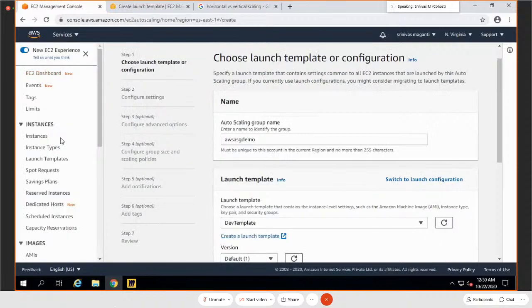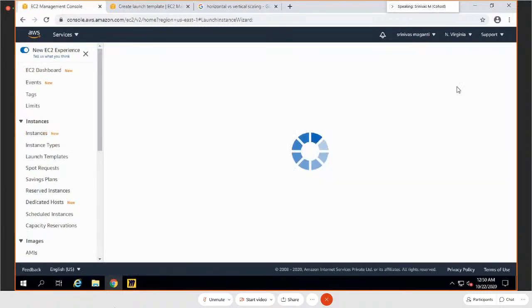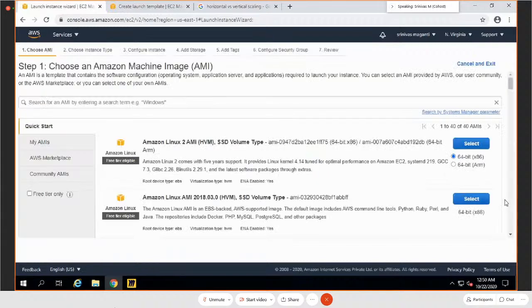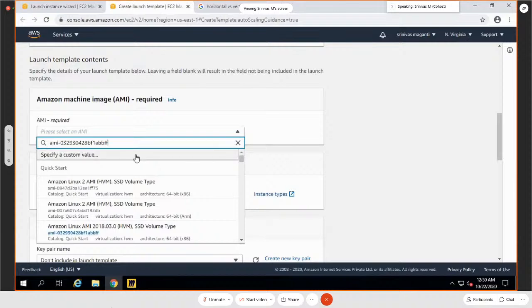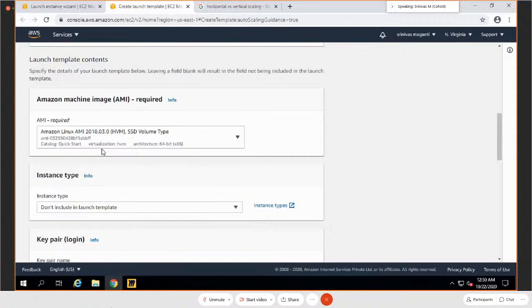Let's go to instances. Ideally, we should use your custom AMI. In my case, I will pick this AMI and install Nginx inside. Anyway, we know how to create a custom AMI. So I'll pick this AMI